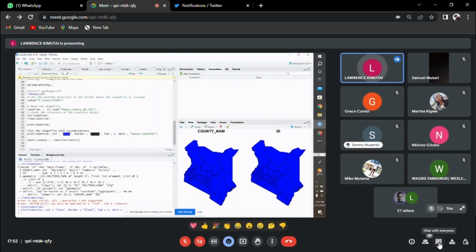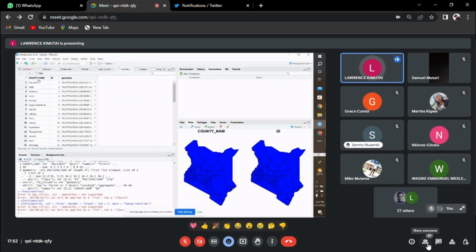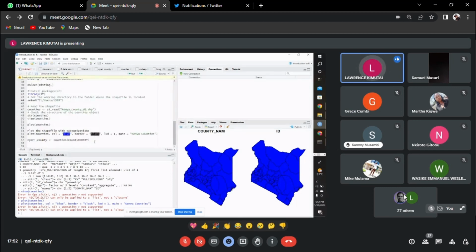Within my data frame, I have an attribute called county name. I think I had shown you here. If I go here to counties, there's this column called county name. It has all the counties, but this is what you can use to query and subset data within our data frame. So I'll just copy it like that, and then